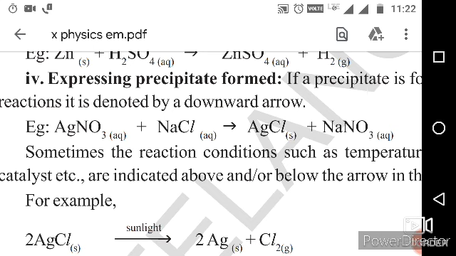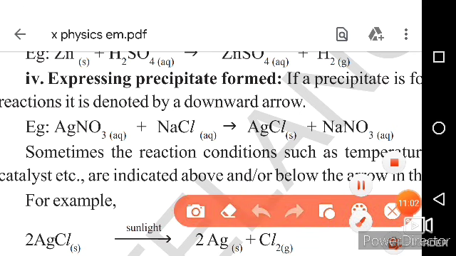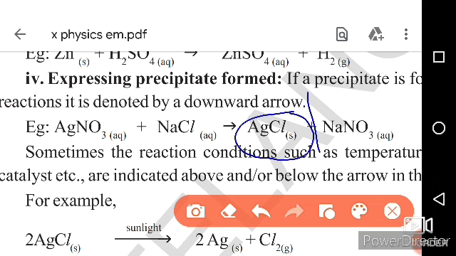So in this, AgCl is a PPT, precipitate. A precipitate means an insoluble substance. An insoluble substance is known as a precipitate. So in this equation, a precipitate is formed. We have already seen the PPT in the figure. Same like that, AgCl is a precipitate, denoted with a downward arrow mark.